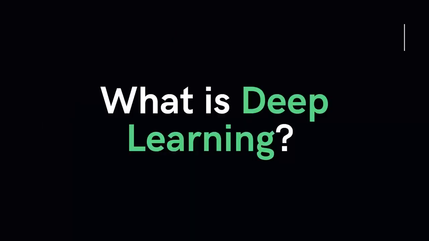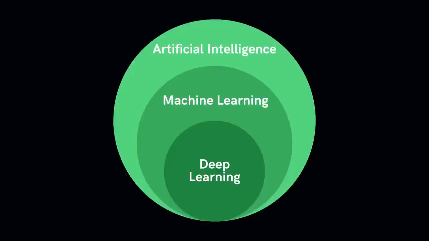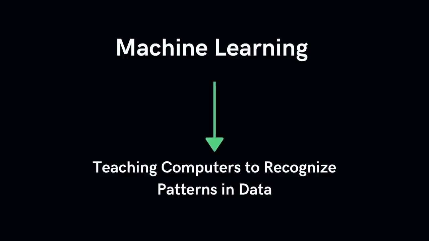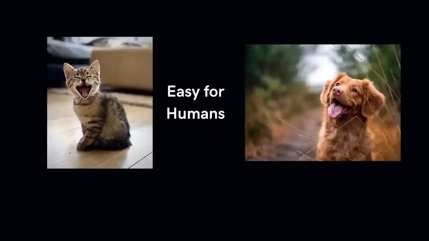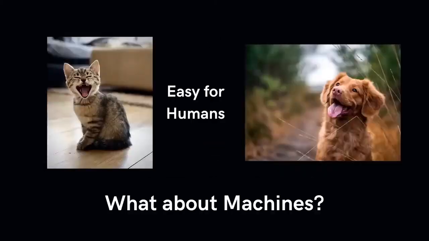This entire course is centered on the notion of deep learning. But what is it? Deep learning is a subset of machine learning, which in turn is a subset of artificial intelligence, which involves more traditional methods to learn representations directly from data. Machine learning involves teaching computers to recognize patterns in data in the same way as our brains do. So as humans, it's easy for us to distinguish between a cat and a dog, but it's much more difficult to teach a machine to do this, and we'll talk more about this later on in this course.